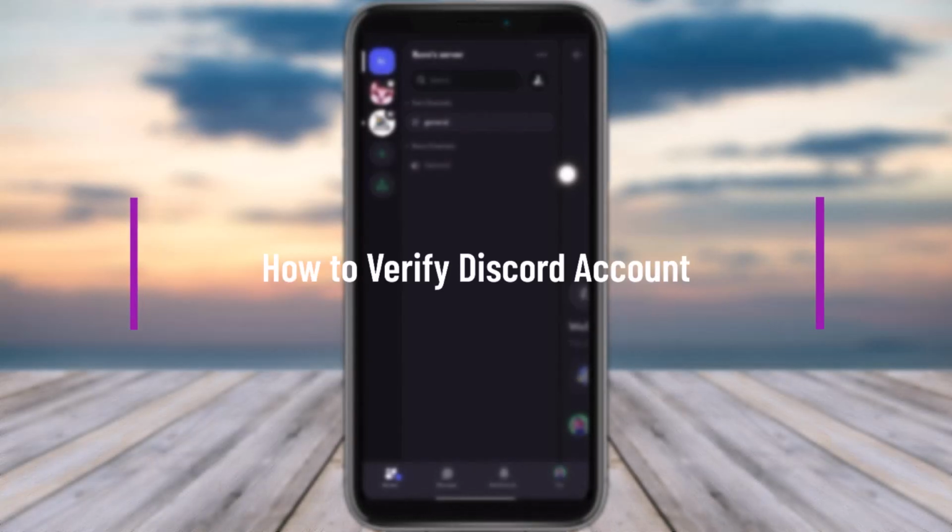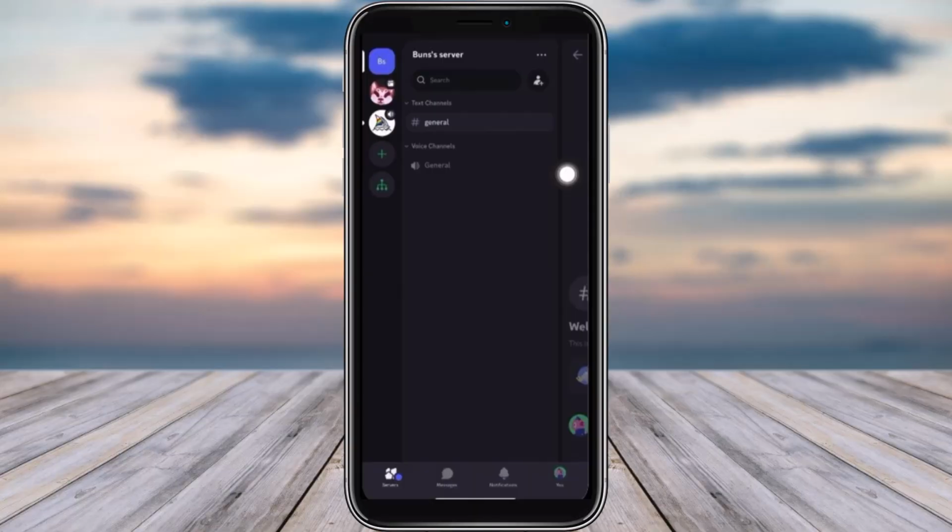In this video I'll show you how you can verify your Discord account, but before that